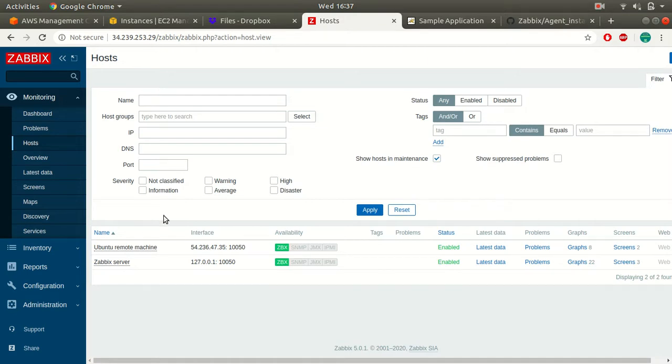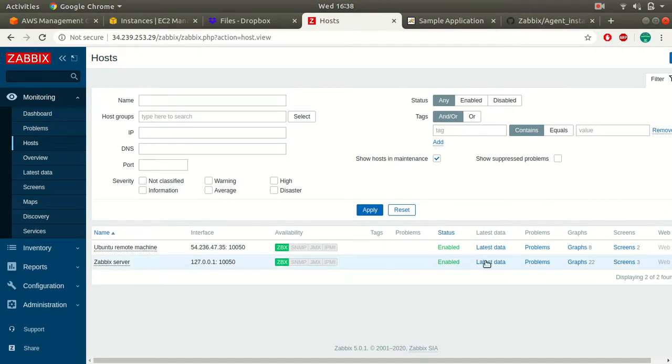Okay, so it took some time, but you can see here my ZBX is in green color. That means my Zabbix server can monitor my Ubuntu remote machine which is running on this IP address and port number. So this is how you can add your remote machines to your Zabbix server and start monitoring them.